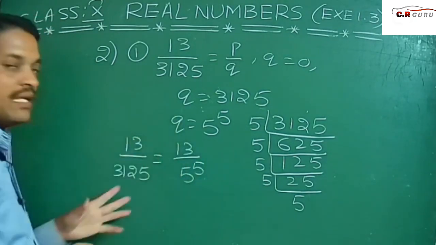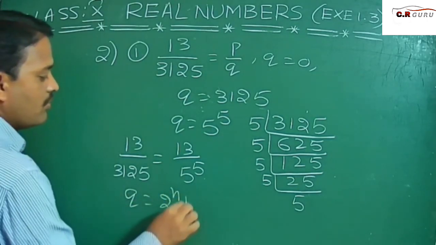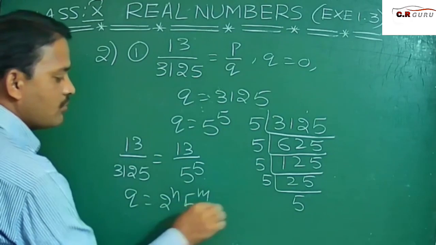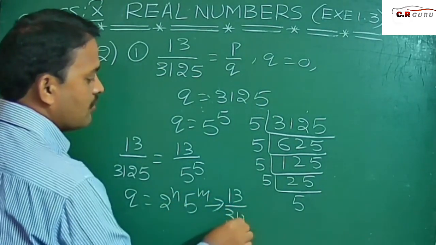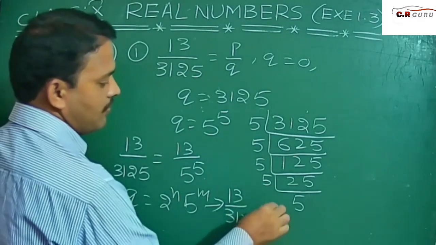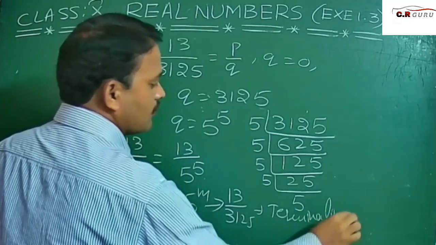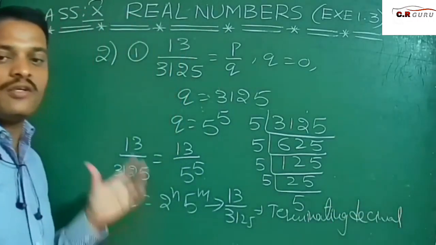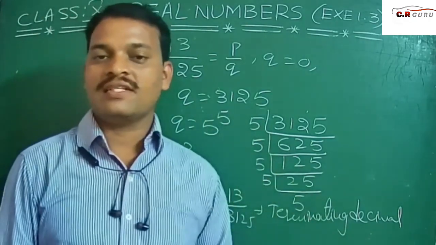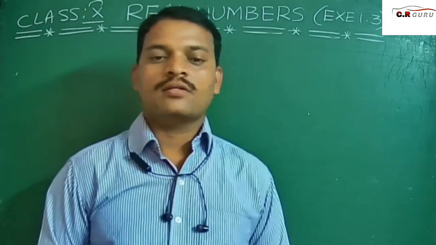So now the denominator Q can be written in the form of 2 power of n into 5 power of m. So that's why 13 by 3125 is called a terminating decimal. Terminating decimal. So without doing any actual division, you can find this out. This is the procedure, students. So next one is